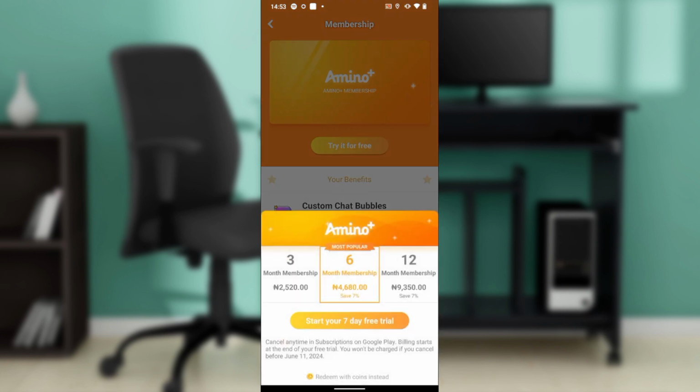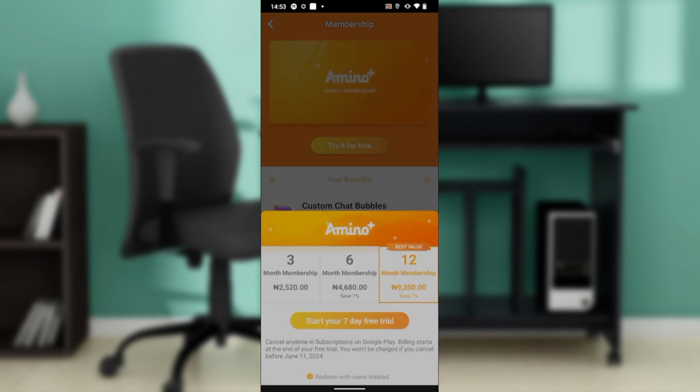So you can use a monthly membership, a 3-month membership, which is 2,520 naira, or a 6-month membership, which is 4,680 naira. It saves 77%. Or you can use a 12-month membership that saves 7% as well, which costs a total of 9,350 naira. So once you do that, go ahead and click on "Start your 7-day free trial,"